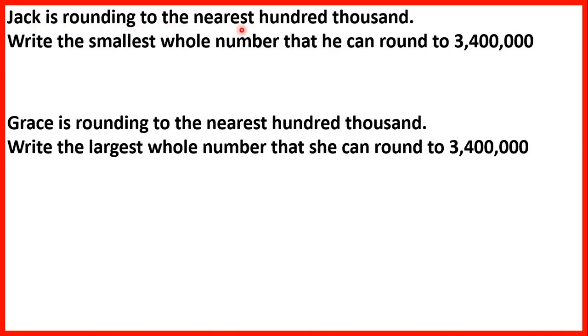Jack is rounding to the nearest 100,000. Write the smallest whole number that he can round to 3,400,000. So we have